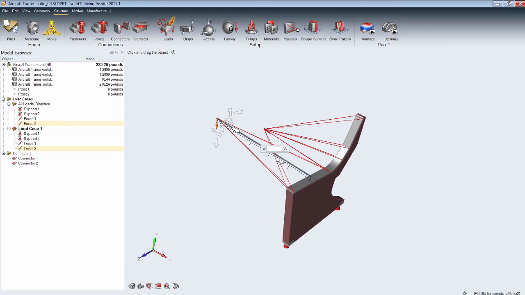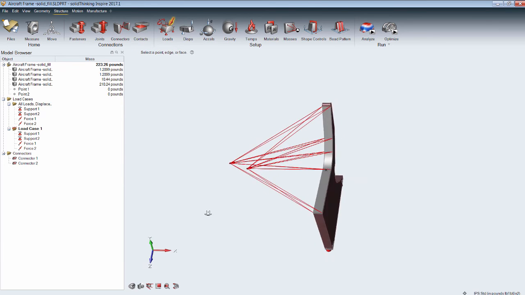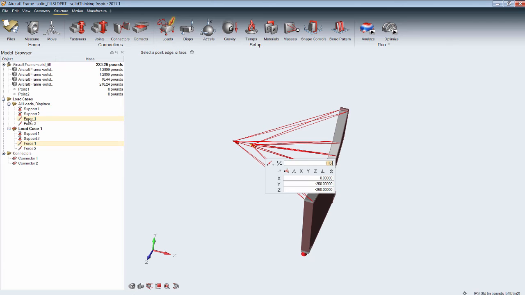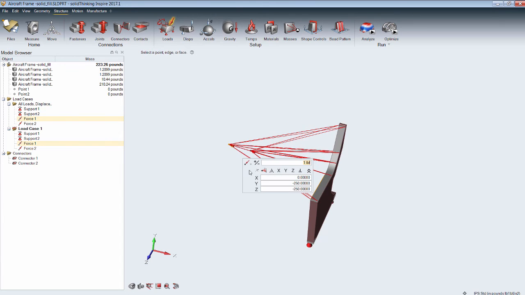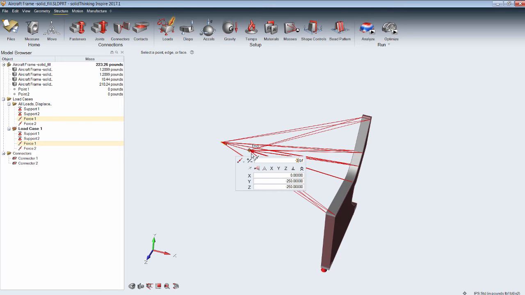And then pull it back a little bit more. Make sure we get the correct magnitude, and also make sure that it's acting on all 4 faces. Since the 2 forces are relatively close to each other, I want to make sure I get the numbers correct for the first one. So the first one is going to be minus 18, and the second one